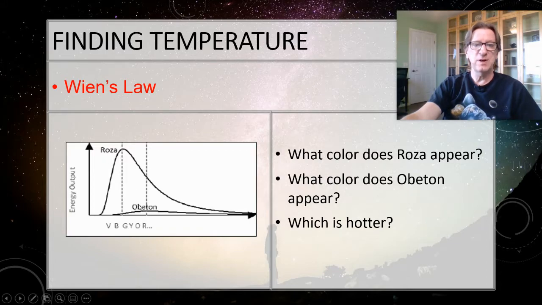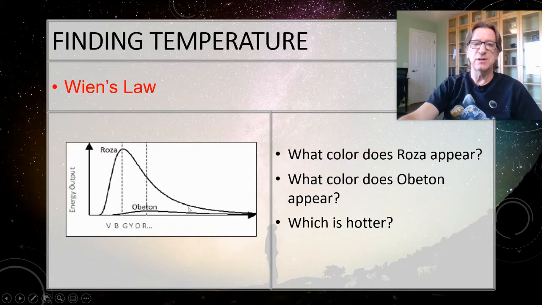All right, hopefully you actually paused it, but just scroll down here and you're going, well, Kilo, it's not on the red or the blue. It's actually somewhere between blue and green. That's true. But remember, there's only two colors in astronomy, red and blue. So it's a lot closer to being bluish than it is to being reddish. So Rosa then, we would say, is a blue star. It's a bluish star. So the next one says, what color does Overton appear?